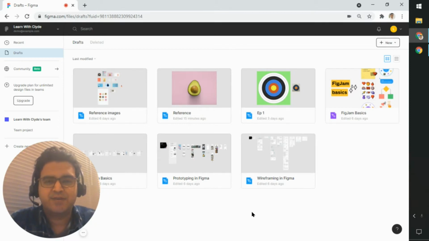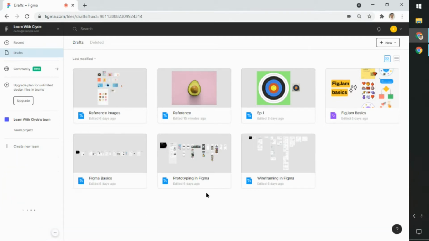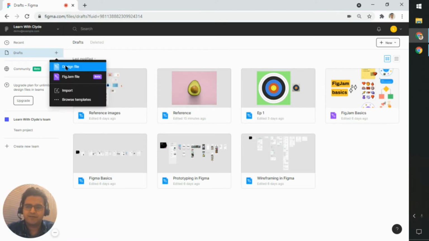In today's video, we'll take a look at how to illustrate a balloon. So a very simple object, but we'll learn a few tricks on how to illustrate a balloon. So to do that, let me, in my draft section, create a new Figma file, a new design file,